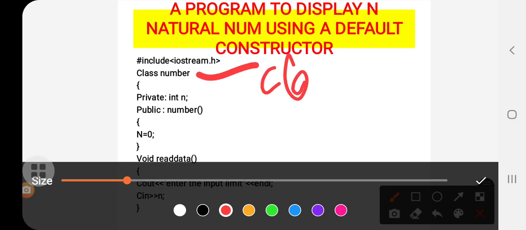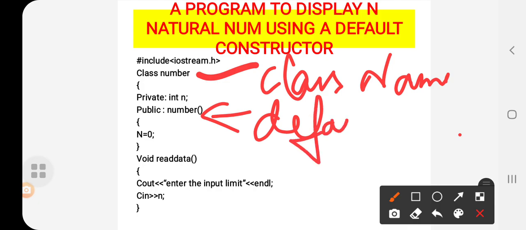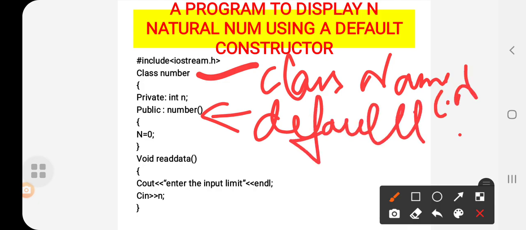Here I am passing one default constructor, that is the default constructor name. And I am reading the data, so the reading function is read data.